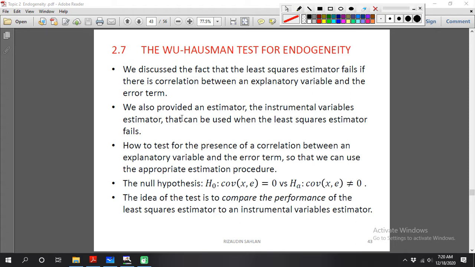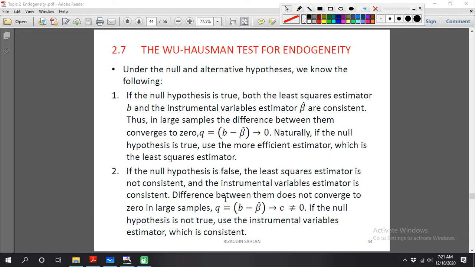Okay, so the idea of the Wu-Hausman test is based on comparing the performance of the least squares estimator and the instrumental variable estimator. This is the idea of the Hausman test. We want to compare OLS and the instrumental variable in terms of performance.